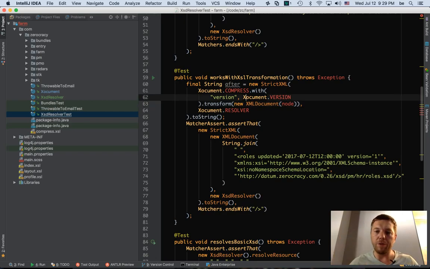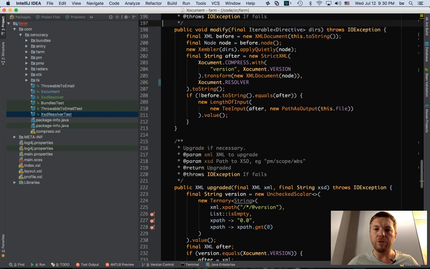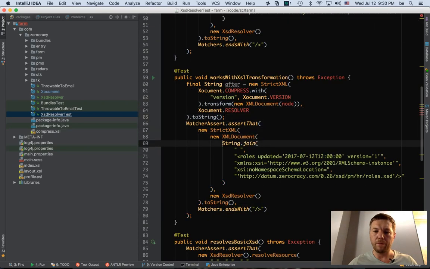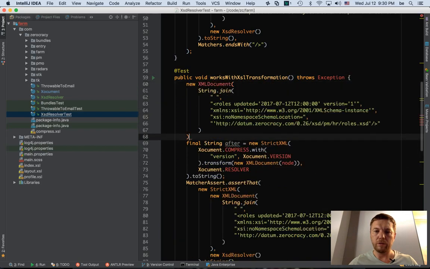Yeah, that will be difficult to build the test because we will need to use this one, or maybe not actually. Yeah, what does it transform here? There's a node coming from what? All right. So we copy this one. Okay. This is the before. So it was like that before, and then we create the after.